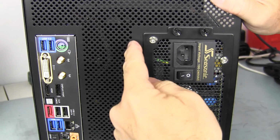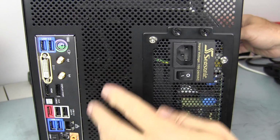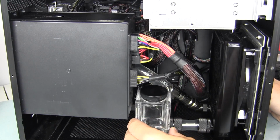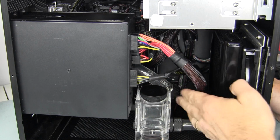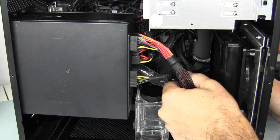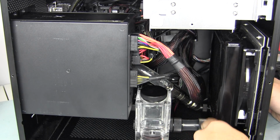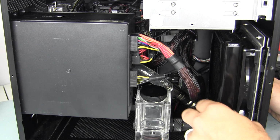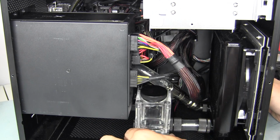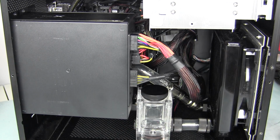oriented so that the fan on the power supply is over the motherboard in this area, the vented spot, and now everything lines up without any interference. The cables are out through this side of the unit, and I just gotta tuck that one away, but there she is. She just fits in there